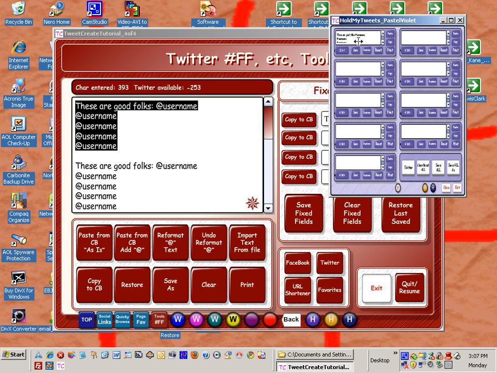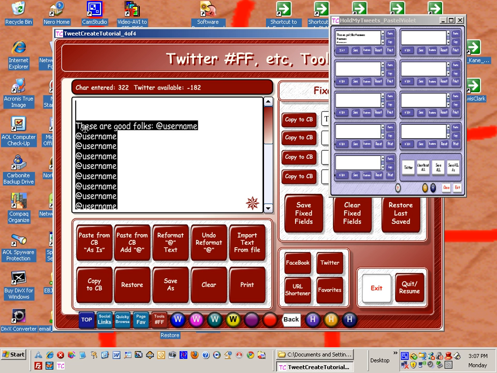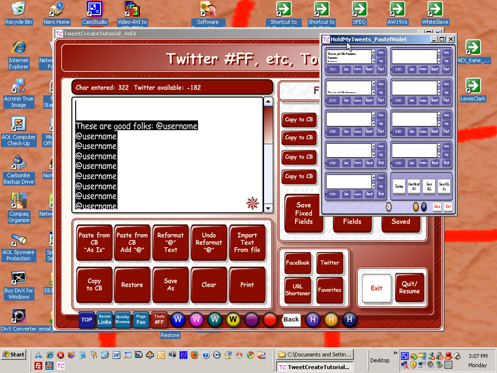Okay, so now I've pasted that Follow Friday tweet into there, and now I would just use my back button to delete this, and then I would go on to the next one. Okay, select, Control C, move it over to hold, paste, and then I would save these. So you can see I could create a whole page full of Follow Friday tweets, and that's what there was to it. Then you would either paste this into Twitter, one at a time using your Twitter buttons, there's a Twitter button down here, or you could paste it into a